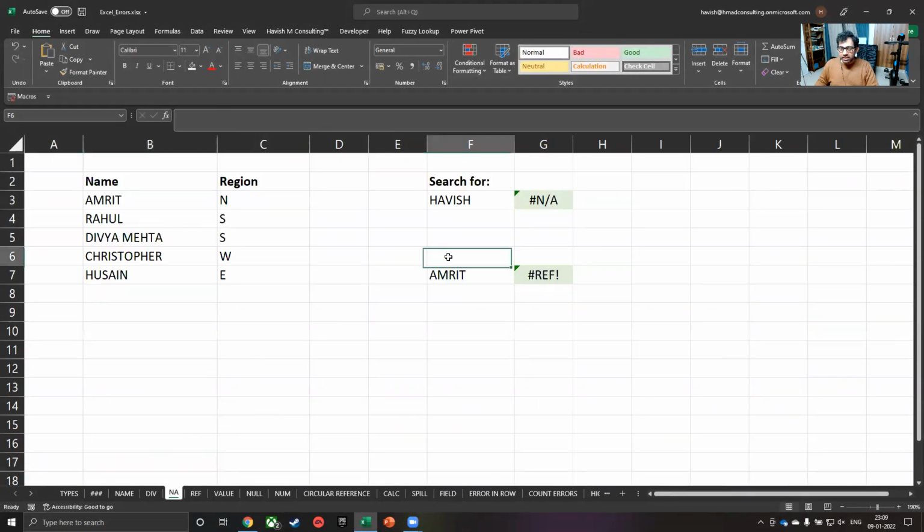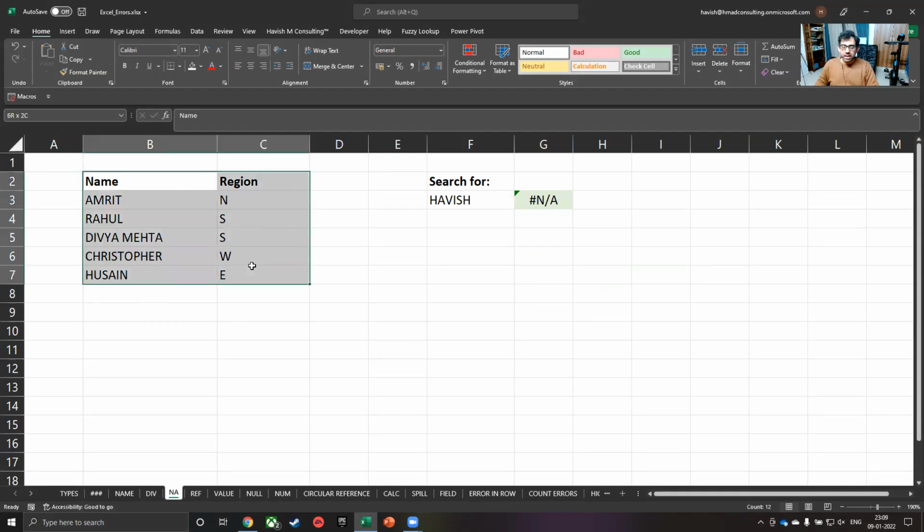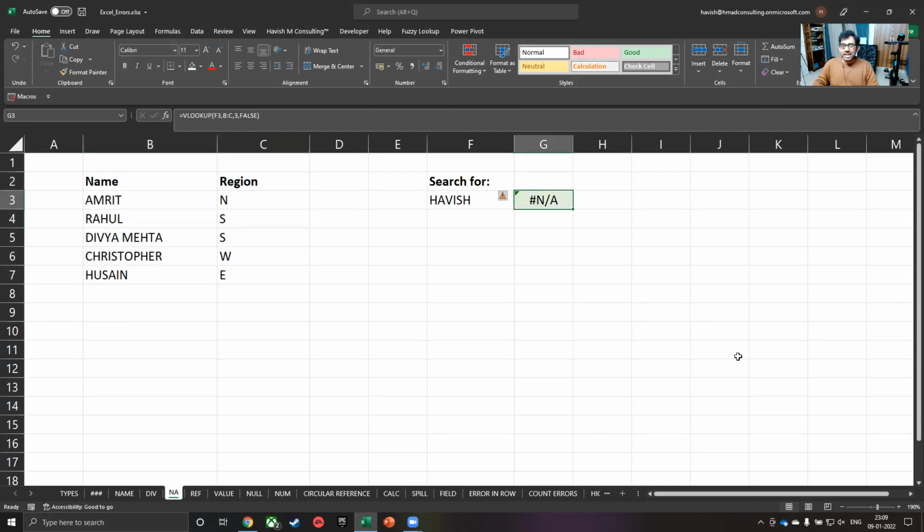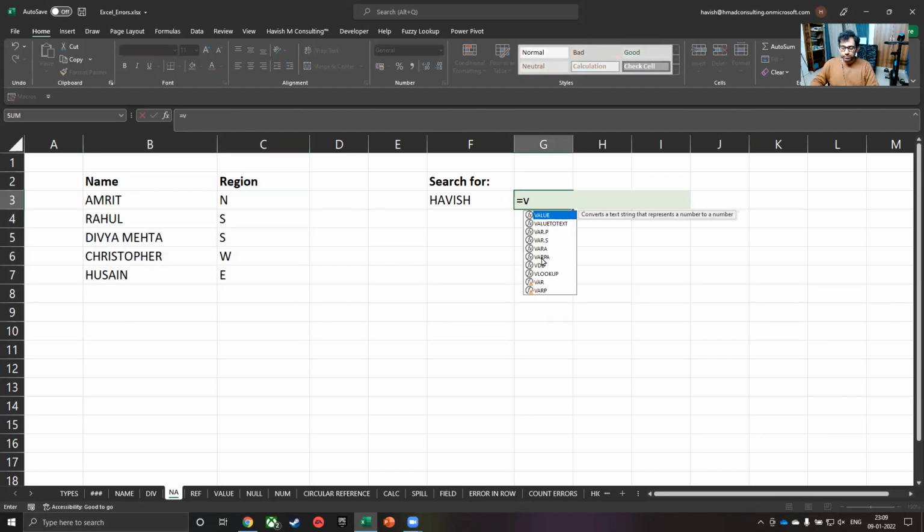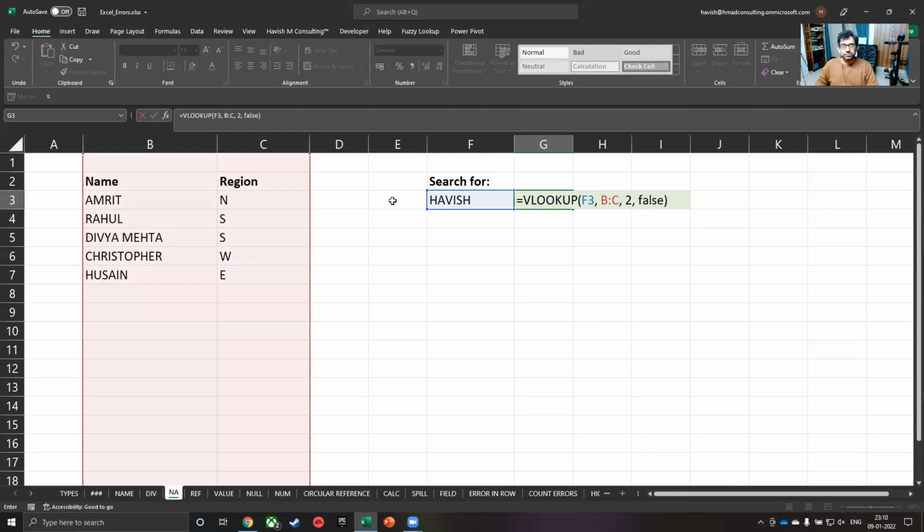Let us look at the NA error now. We have a table with us with 5 names and the corresponding region. And the NA error looks like this. So when we do a VLOOKUP and I'm searching for a name in column B and C, the result is in column number 2, and the range lookup is exact or false.